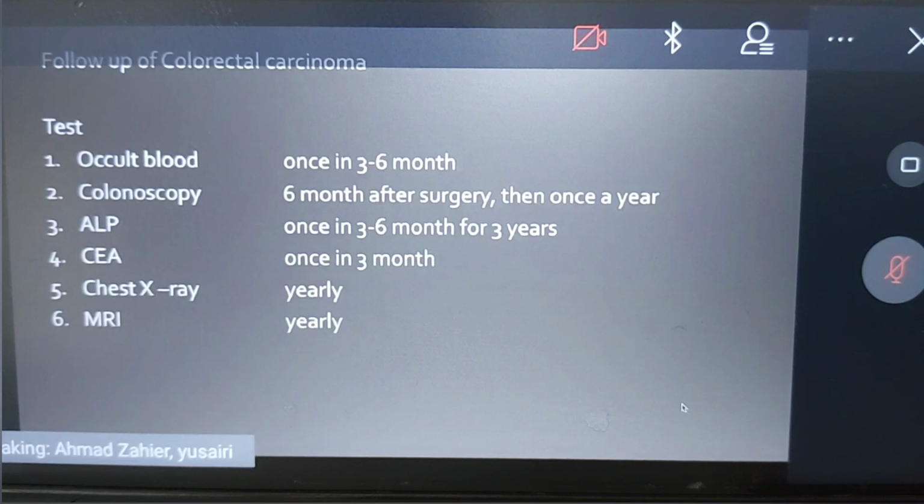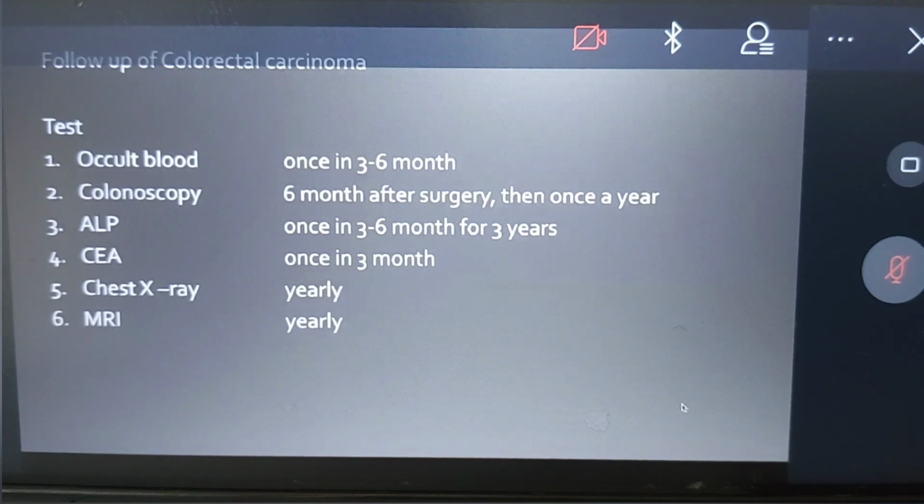By right, it's recommended every year, a yearly CT scan. But somehow in Malaysia, we cannot cope with yearly CT scans. So we focus on those who are stage 3 and above, high risk cases. Then only we do an every-year CT scan. If let's say the patient is stage 1 or stage 2 cancer, then normally we don't do it. We just do CEA and colonoscopy. And then if CEA is raised, then only we proceed with CT scan to look for any distant metastasis. Alright, only 3 things that we do: colonoscopy, CT scan and CEA. And not to forget the clinical findings, like when you follow up, ask about the history and physical examination. That's what we do.